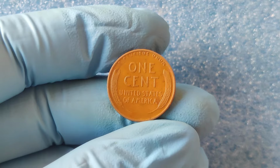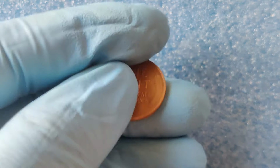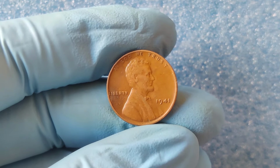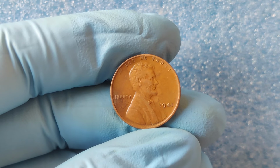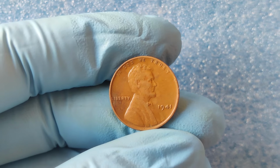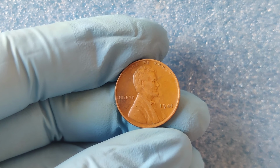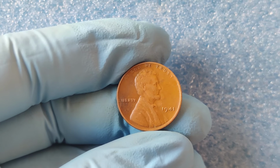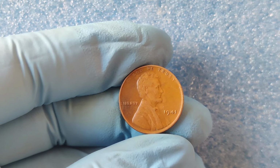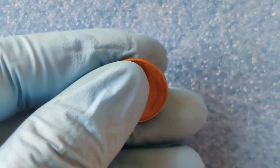Coins that are in mint state, which means they show no signs of wear and look almost as if they just came off the minting press, are graded between MS60 and MS70. The holy grail for collectors is finding a 1941 Lincoln penny in MS65 or higher, especially with a D or S mint mark. Just to give you an idea, a 1941 S penny graded MS67 recently sold for an incredible